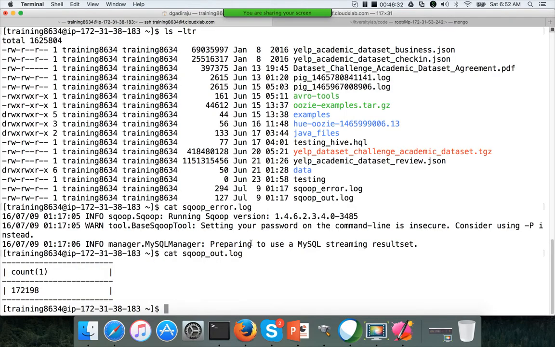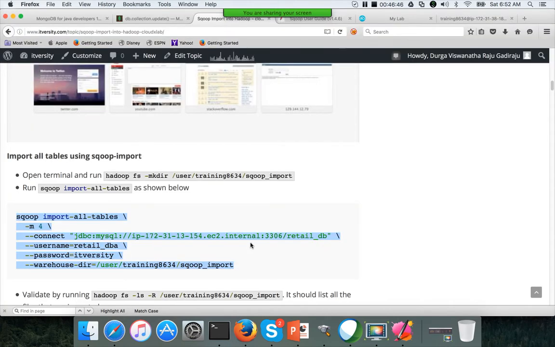First let me delete the directory: hadoop fs -rm -r /user/training/8634. When you run these commands in CloudxLab, you have to replace this directory with your own CloudxLab home directory.